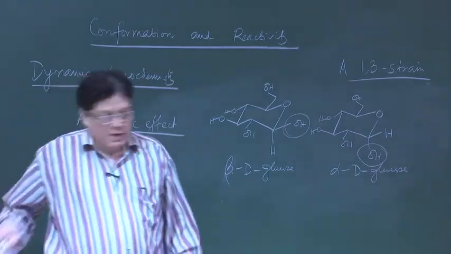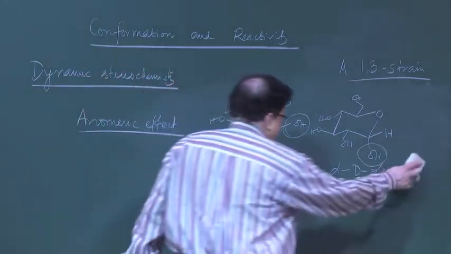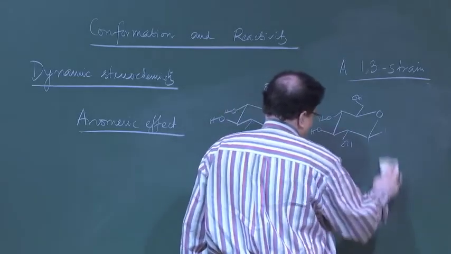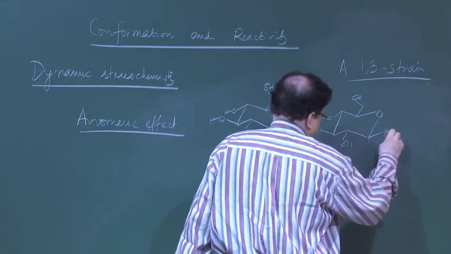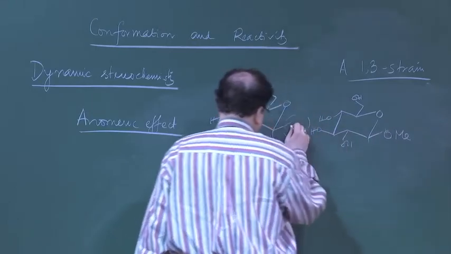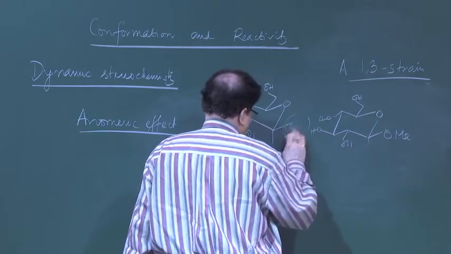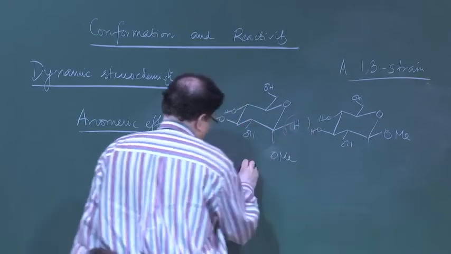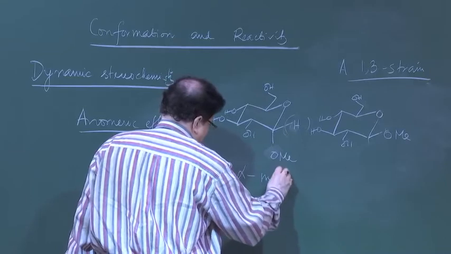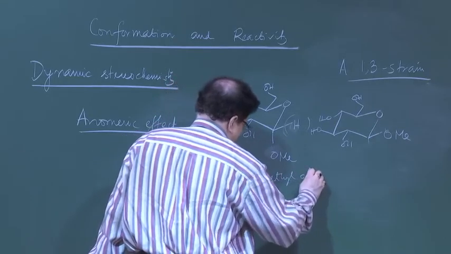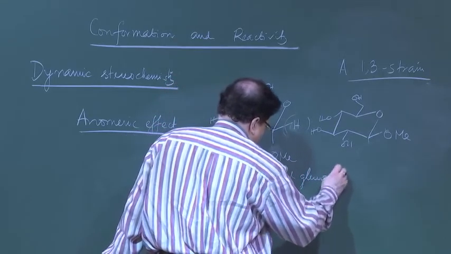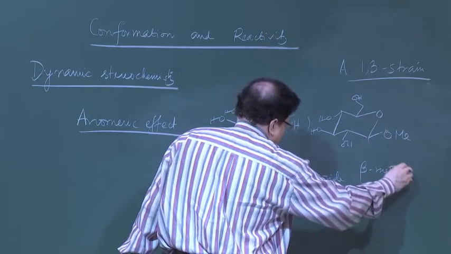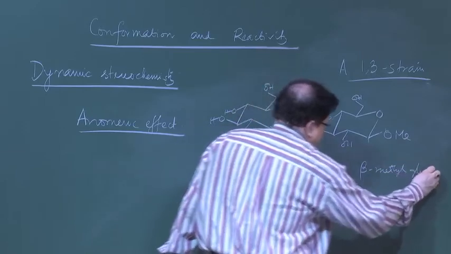That is okay, but the moment this was made into OMe, say the methyl glucoside, so this is the alpha methyl glucoside, and this is the beta methyl glucoside. Now, between these,